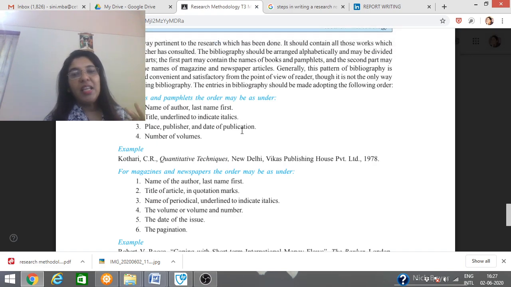It has to be in italics format, so there will be a difference between the author name and the title of the book. Then after writing the title, you write the place, publisher, and date of publication. And lastly, you write the number of volumes. So this is how you write it for a book: author, last name first, then the first name of the author, title in italics, place, publisher, date of publication and volume to the last. So this is for books.